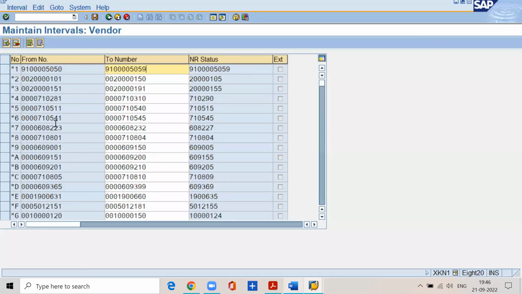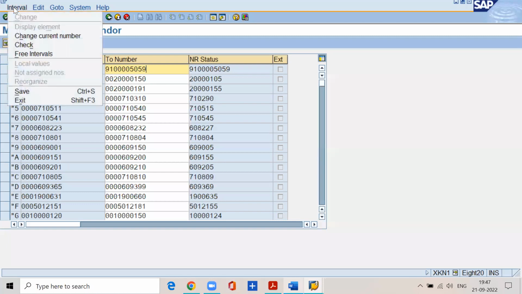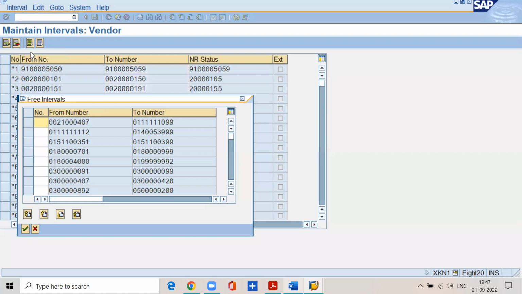Then you have to identify the number range interval free, right? Intervals. So click on go to menu interval, free intervals. Here you have to select one number from these numbers. For example, 180004,000 is there, right? Until this number is there. So instead of using the complete number, I want to use like this: